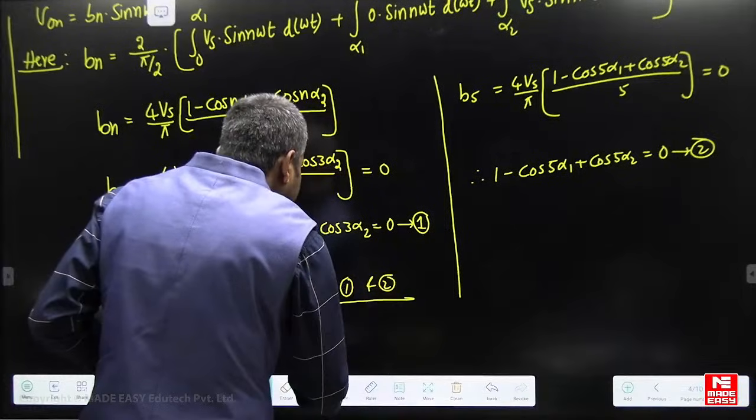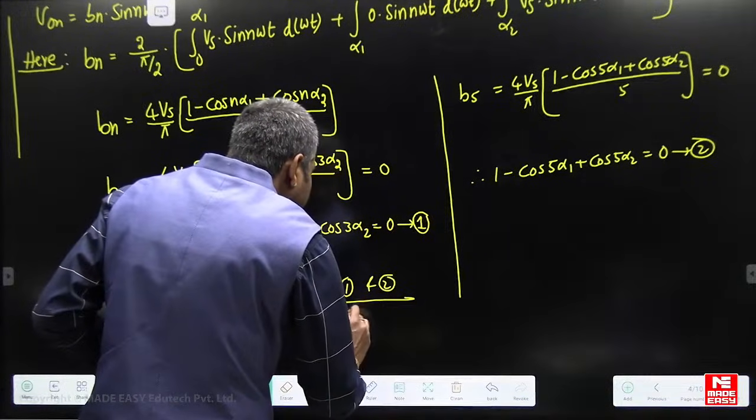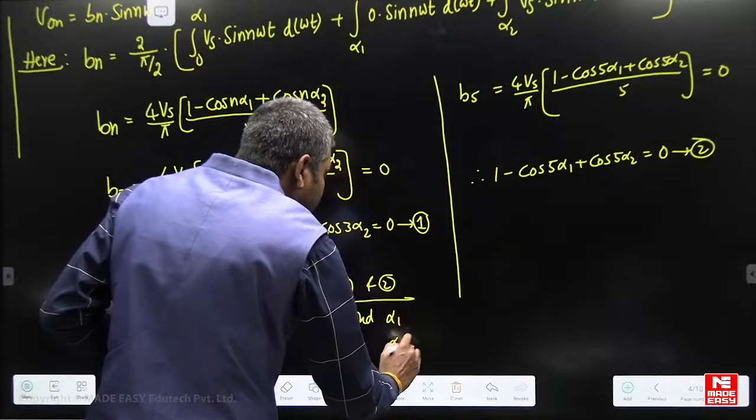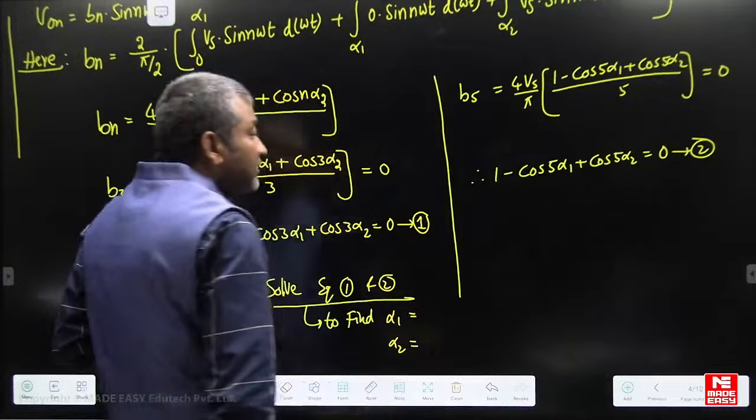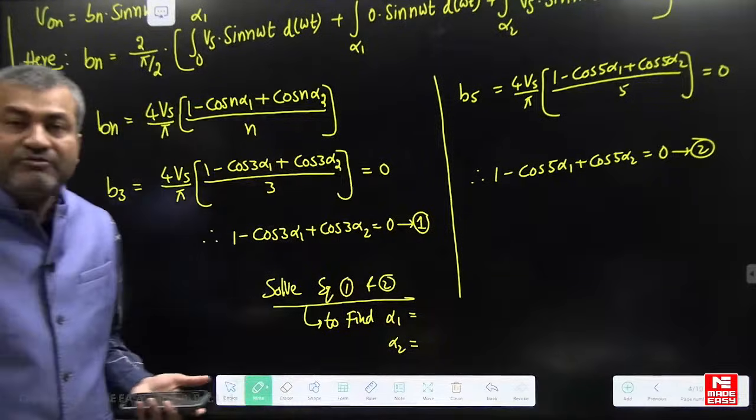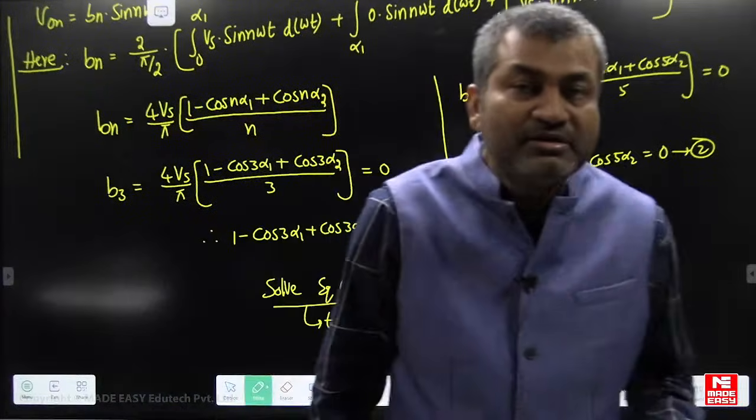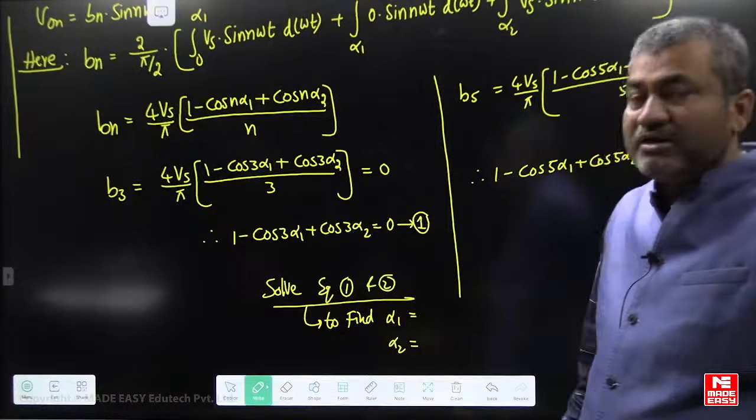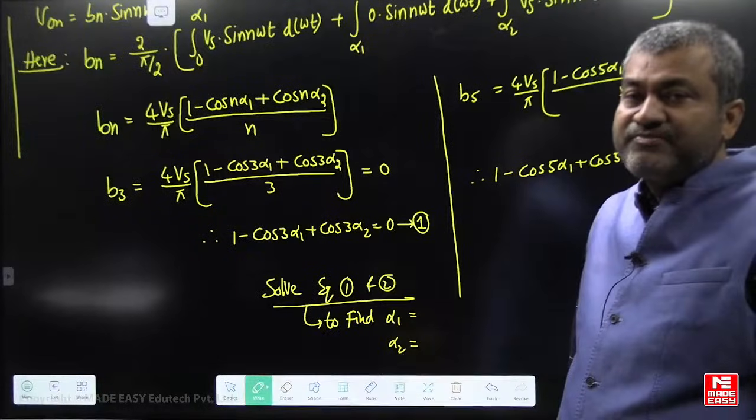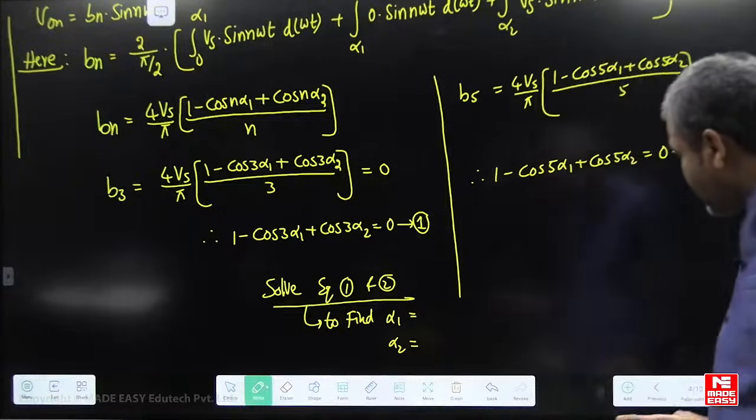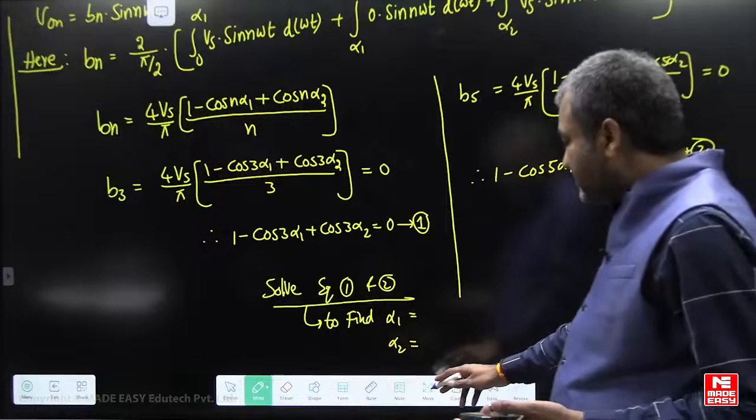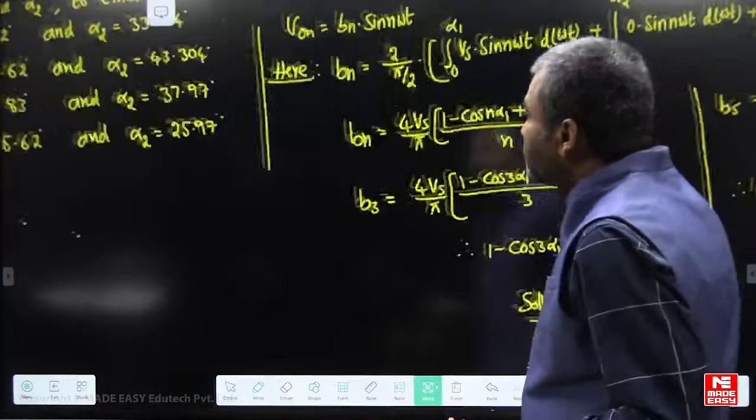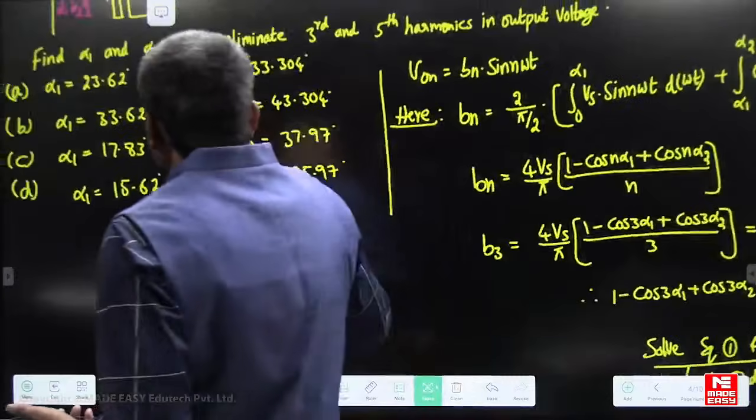to find alpha 1 and alpha 2. Actually, here we have to use numerical methods and solve the two equations, but it is an objective question, so you cannot use numerical methods, it takes more time. So, simple logic is you have two equations here. Now, use this